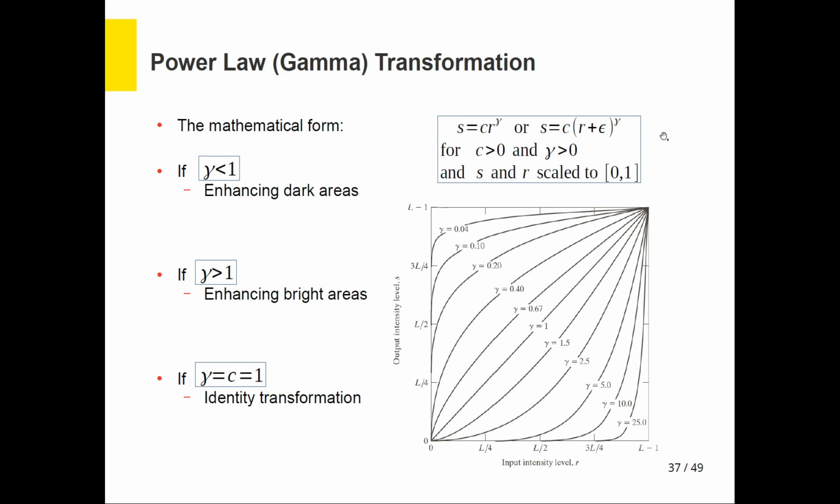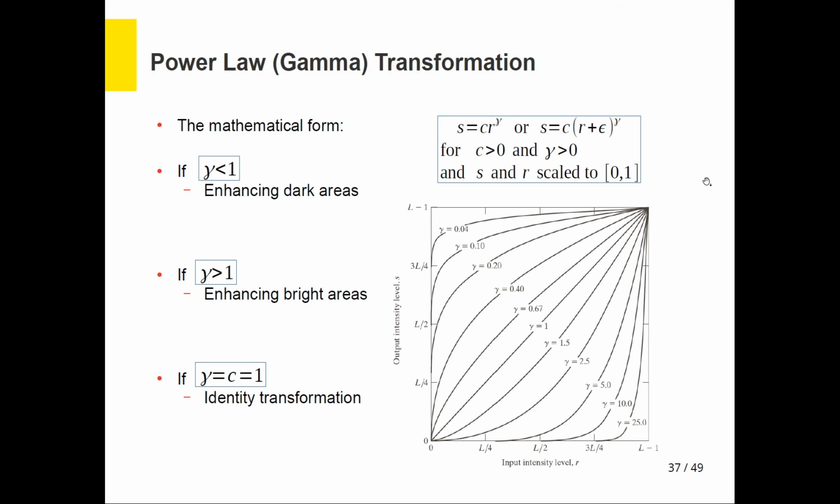To avoid unwanted situations, it is common that we add a very small value to the value of R, but it's not always the case. So usually C and gamma are greater than 0, but that is not always the case. It depends on the situation that you want to have. One other thing that is usually common is that we scale the values of S and R between 0 and